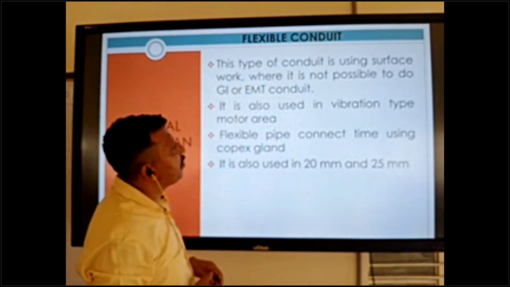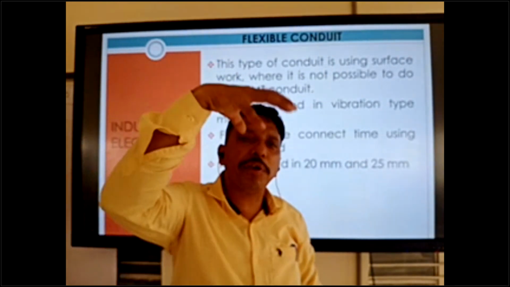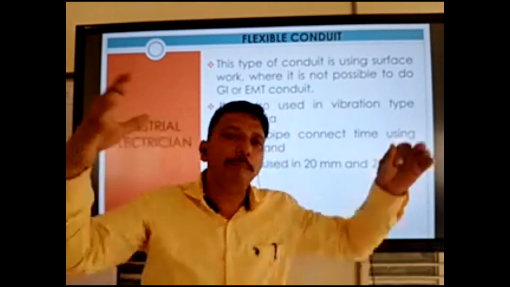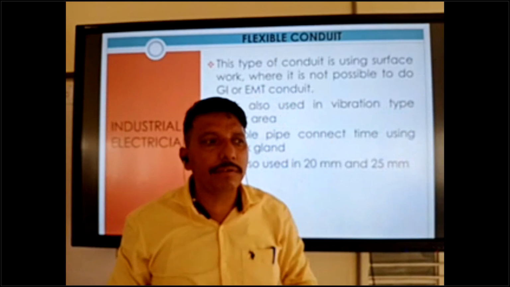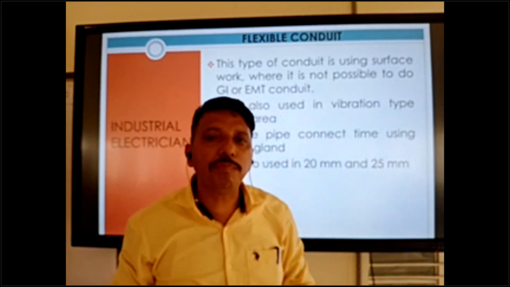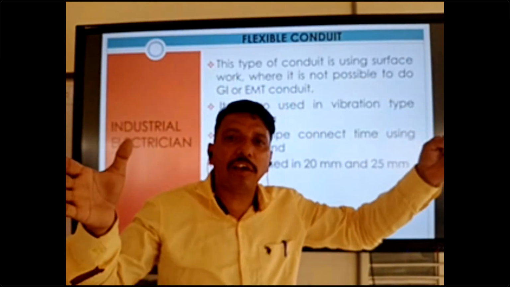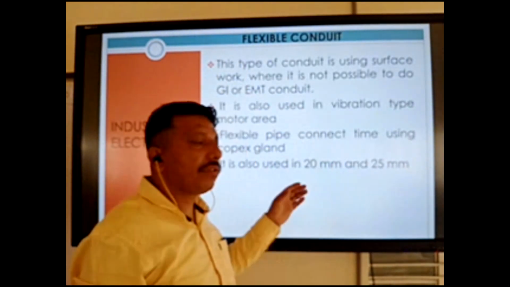It is also used in vibration type motor areas. A vibrating motor always has vibration. Industries have big size motors, like 10, 11 kilowatt, 10 horsepower. These big size motors cause some vibration. So we need flexible conduit.